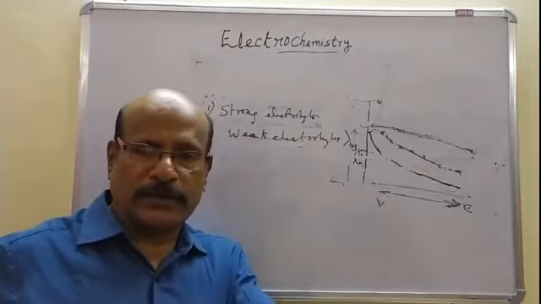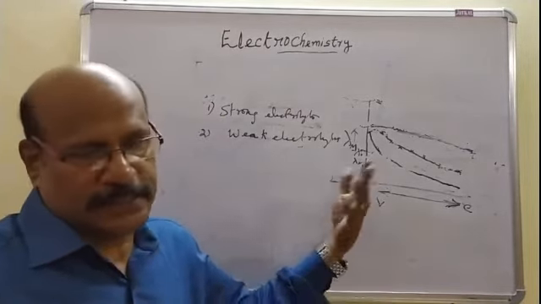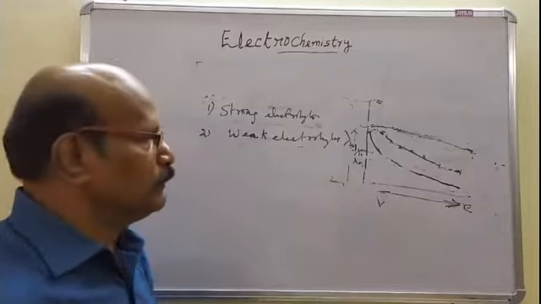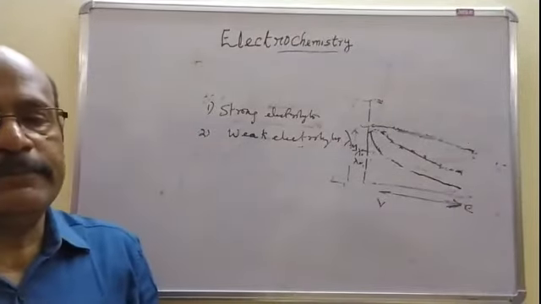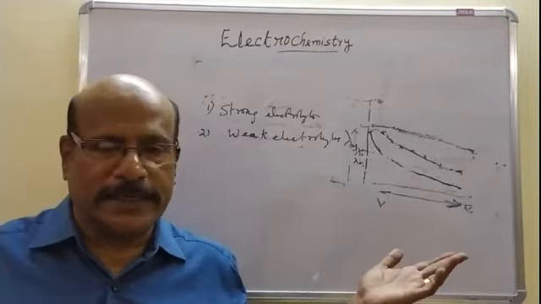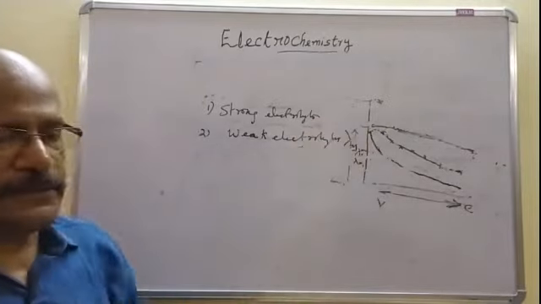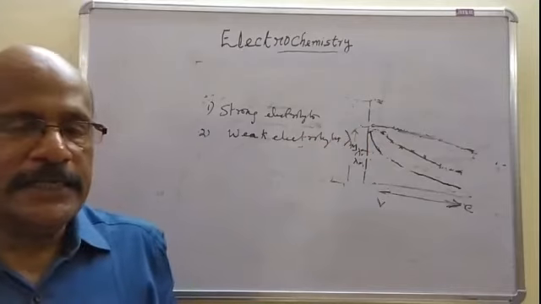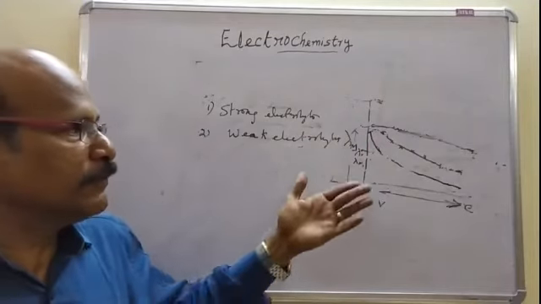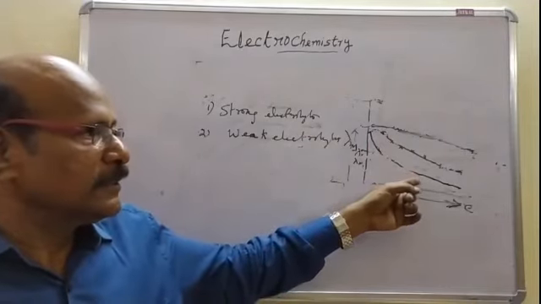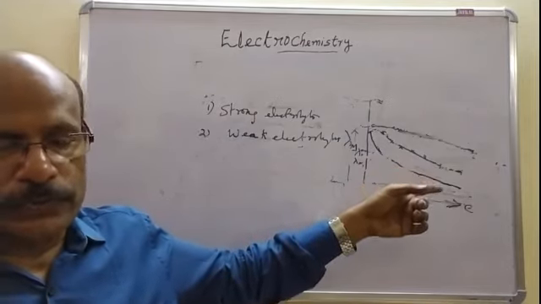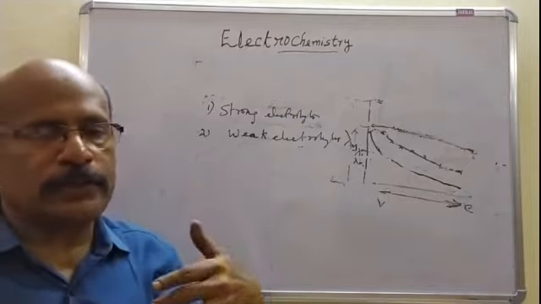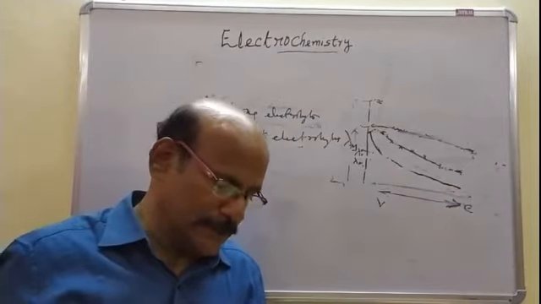How it is determined will be discussed later in association with Kohlrausch's law. So we can graphically determine lambda infinity m or lambda 0 m of a strong electrolyte by the graphical method, but we cannot determine graphically the lambda infinity or lambda 0 m of a weak electrolyte. For that we have to use a theoretical rule, a law called Kohlrausch's law. I will discuss that aspect later.